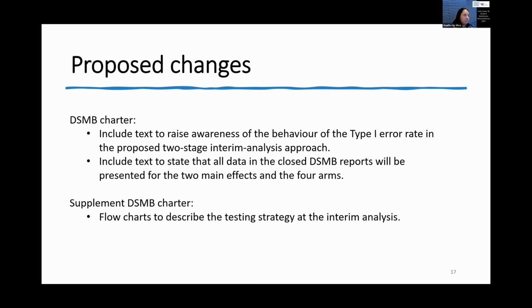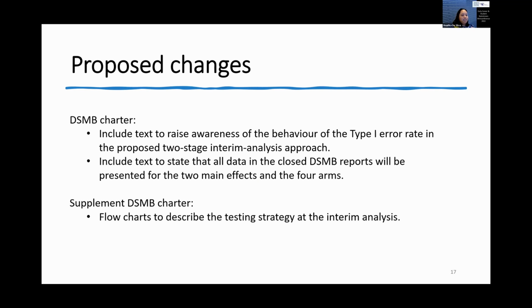Given our observations, what we have proposed so far is to make some changes to the DSMB charter. One thing is to raise awareness of the behavior of this type 1 error, and to alert the DSMB to the expected bias and the inflated type 1 error that we can expect with the proposed two-stage interim analysis approach. And also, if you remember, the last step of the two-stage analysis approach was to test whether the interaction effect was significant at final